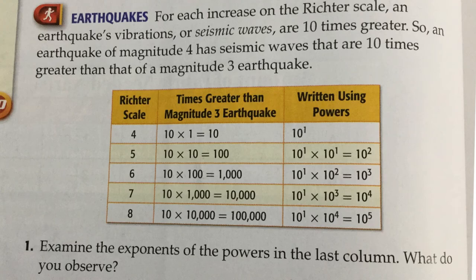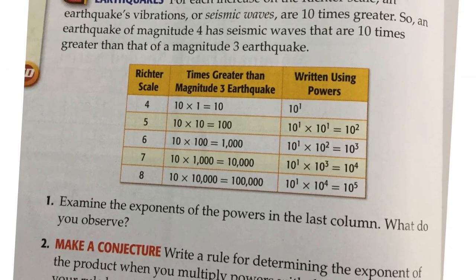Now look at the exponents of the powers in the last column. What do you observe? So do you see some kind of pattern that's happening there on the last column? Yeah, what's adding 1? The exponent, right? The power is increasing by 1 every time. From 10 to the second to the third to the fourth. So now,